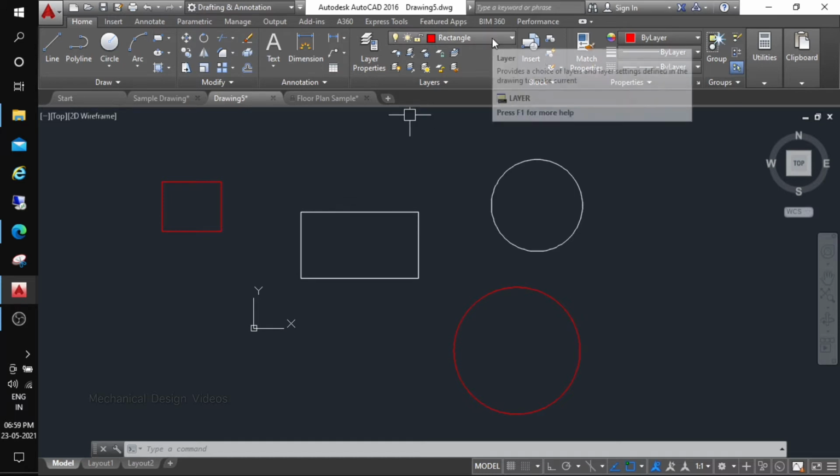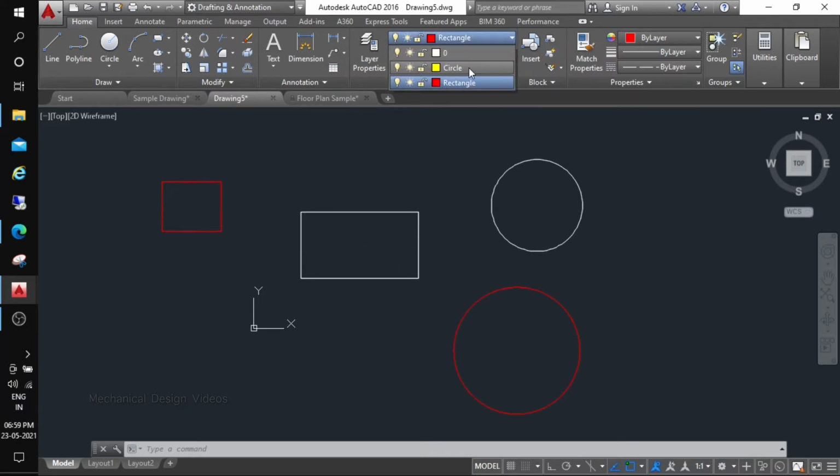See, here you can see rectangle. Why? Because this is the current layer, right? So press here and choose circle, which means now the current layer is circle. But please note, you should not have selected anything in the user interface, which means there should be no selection. Since there is no selection, this is also a method for changing the current layer. Remember, if nothing is selected, you can also use this area to change the current layer.